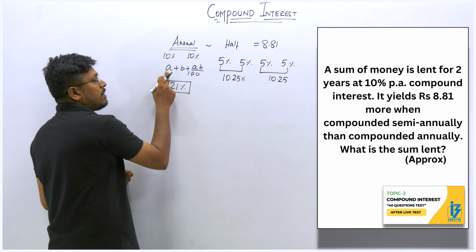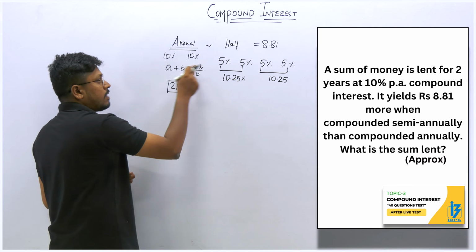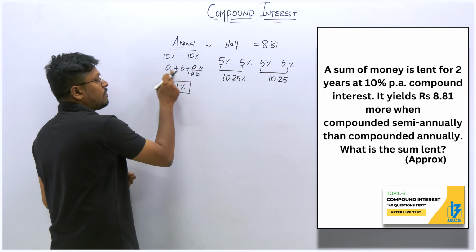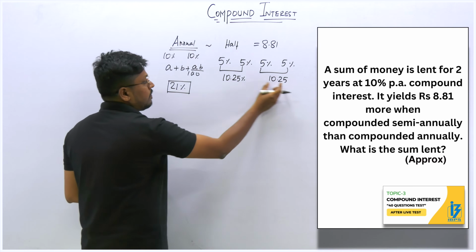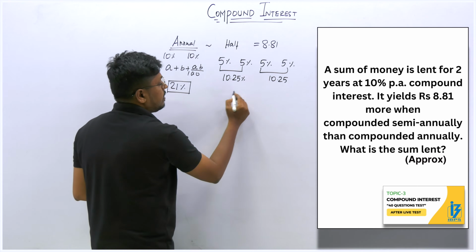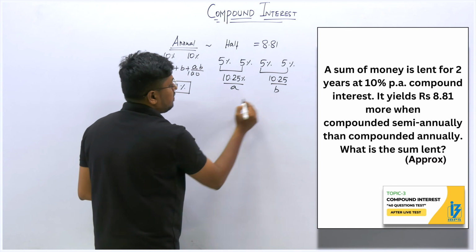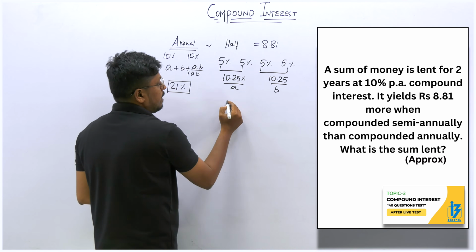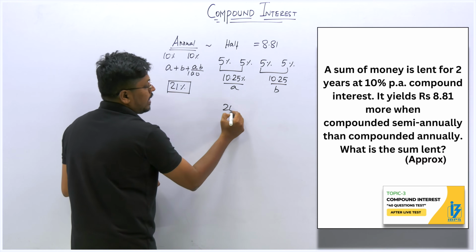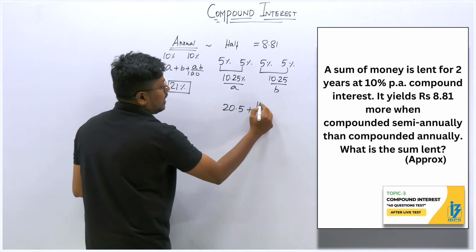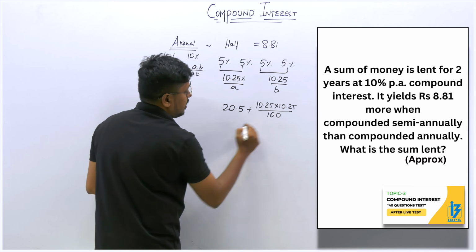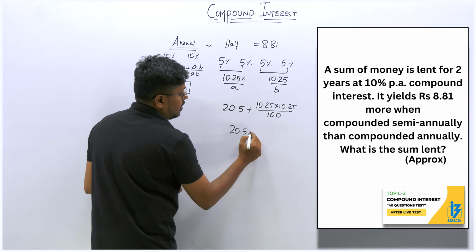So similarly, when you apply 5 here, a plus b plus ab by 100, so 5 plus 5 plus 25 by 100, which is 0.25, so 5 plus 5 will be 10, so 10.25, 10.25. Finally we have to add these again. This will be a value, this will be b value, so 10.25 a plus b, 10.25 plus 10.25 will be 20.5, plus a into b, 10.25 into 10.25 divided by 100. So 20.5 plus,